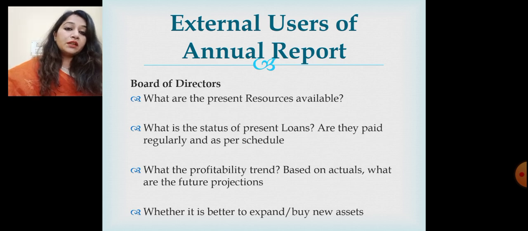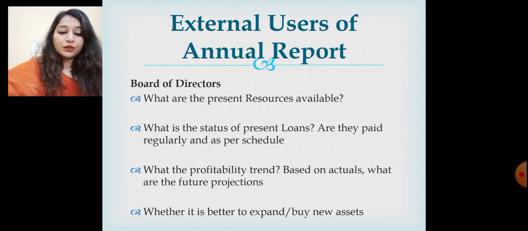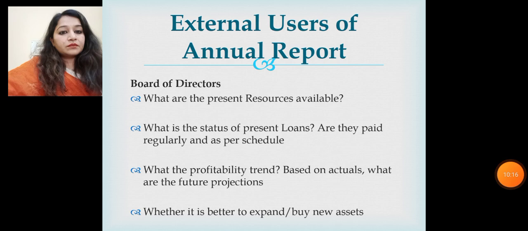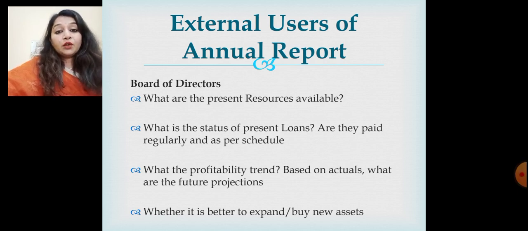Board of Directors: what are the present sources available? What is the status of the present loan? Are they paid regularly as per the schedule? These are the information the directors can get with the help of the annual report. The present sources available, the status of the present loan, whether the loan which has been taken by the company is paid regularly or not,